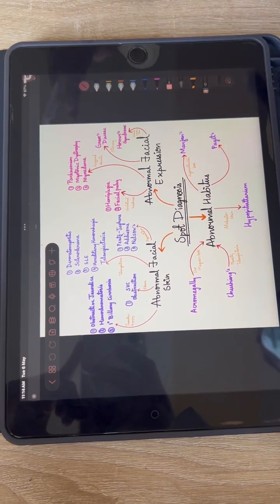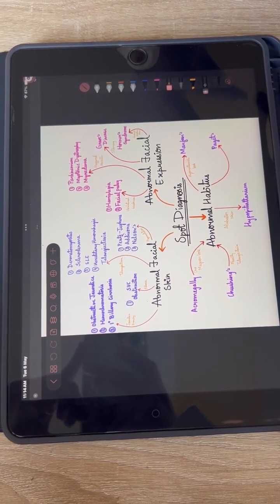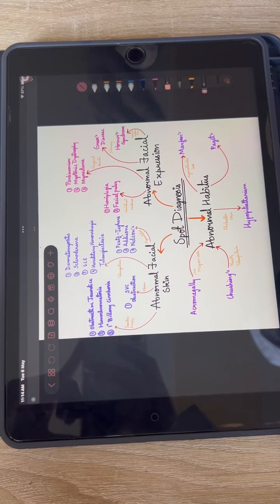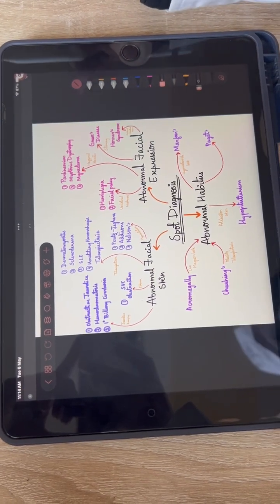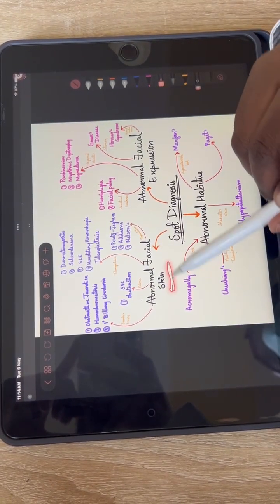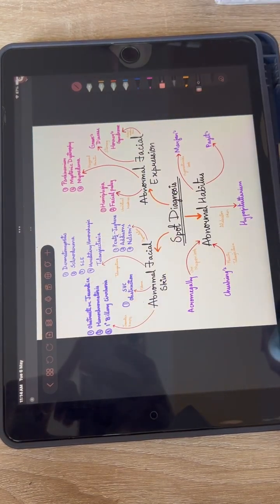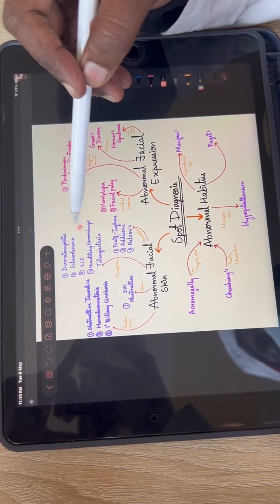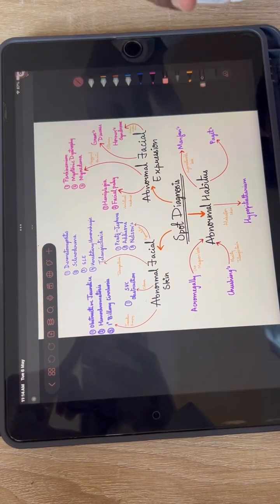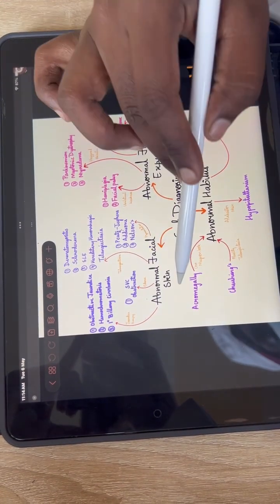So let's start when we see the patient first. We are going to see how they're responding and how their face looks. We are going to see three things. That is abnormal facial skin. We are going to first see their skin, how there might be rashes on their skin, there might be discoloration on their skin, which will tell a lot about their disease. That is the facial skin.